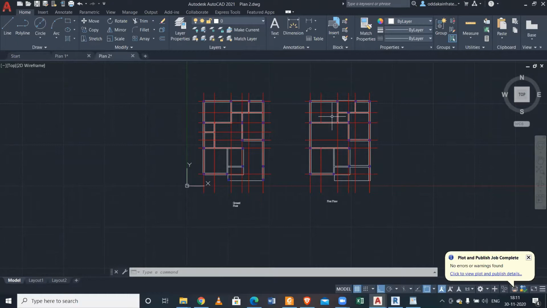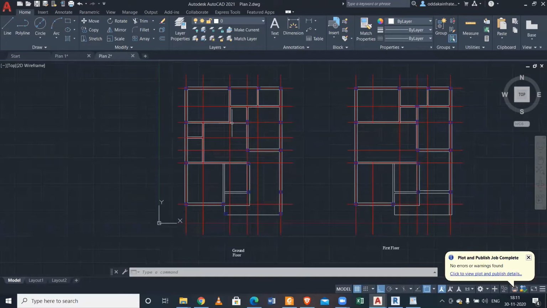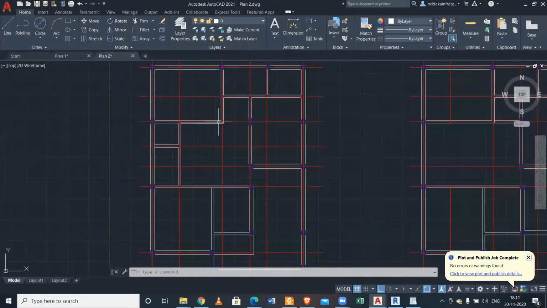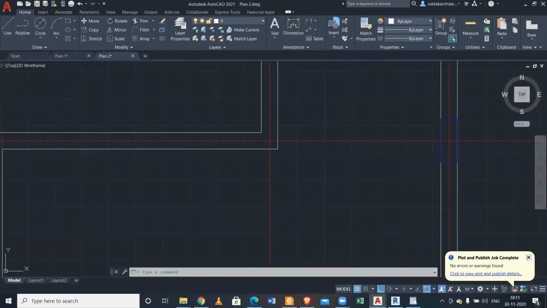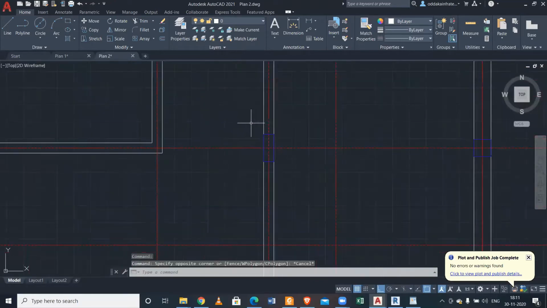Okay, so let me check the beam column plan. We can extend this up to there, here in the plinth level as well. Yes, the beam. First of all, the columns you can do 10 inch by 10 inch as well.